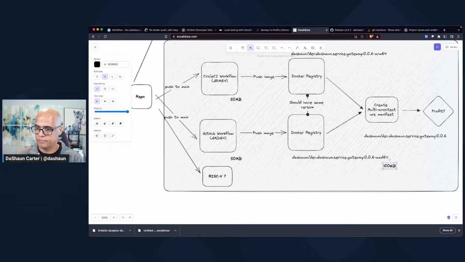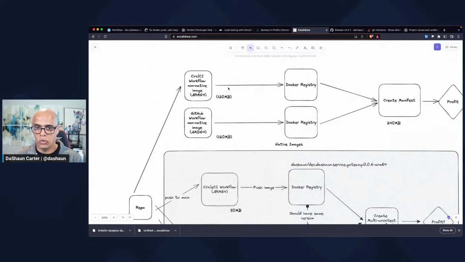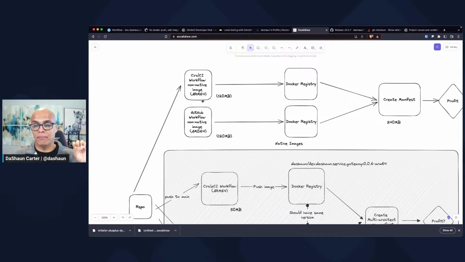What it's going to look like. So let's say before we started this, we were pushing out 120 meg images, AMD64, and we're at this point where it costs money to run on infrastructure, right? The ARM64 infrastructure can be saving anywhere from 30 to 40%. So taking this workload, whatever this workload is, and running the exact same workload on ARM64 infrastructure, again, depending on its characteristics, could save me potentially 30 to 40% on my infrastructure. So at scale, depending on how many times you're running that image,